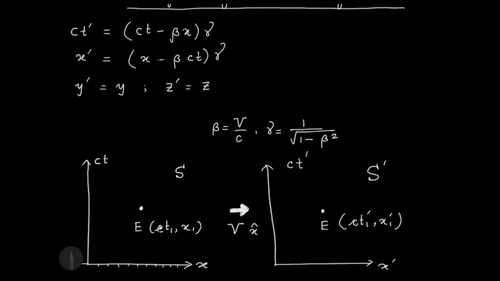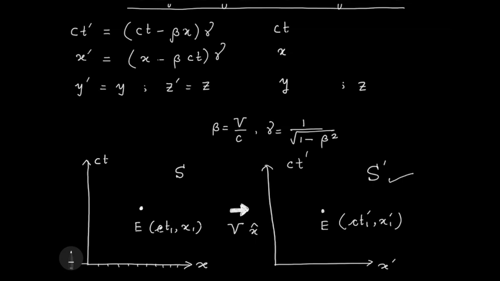What if I wanted the opposite? Means that what if I wanted to write down here on the left hand side ct, x, y, and z in terms of the measurements in the S